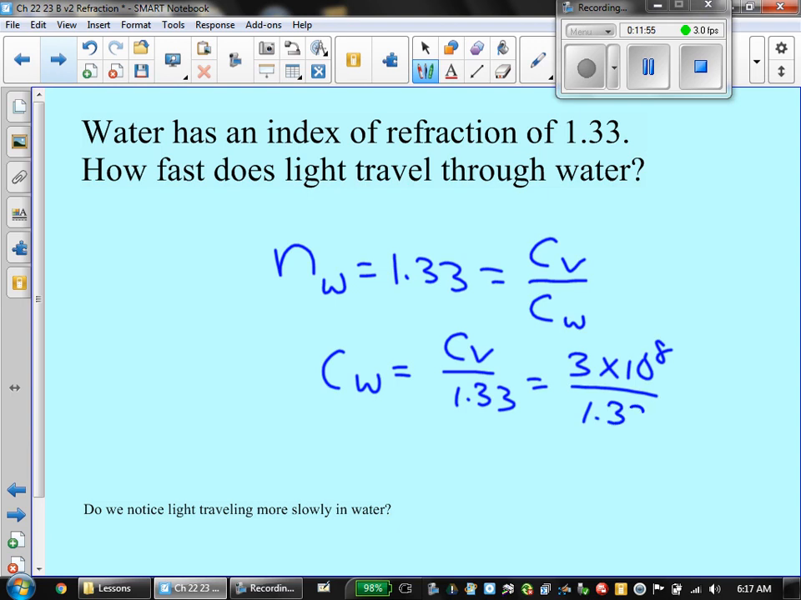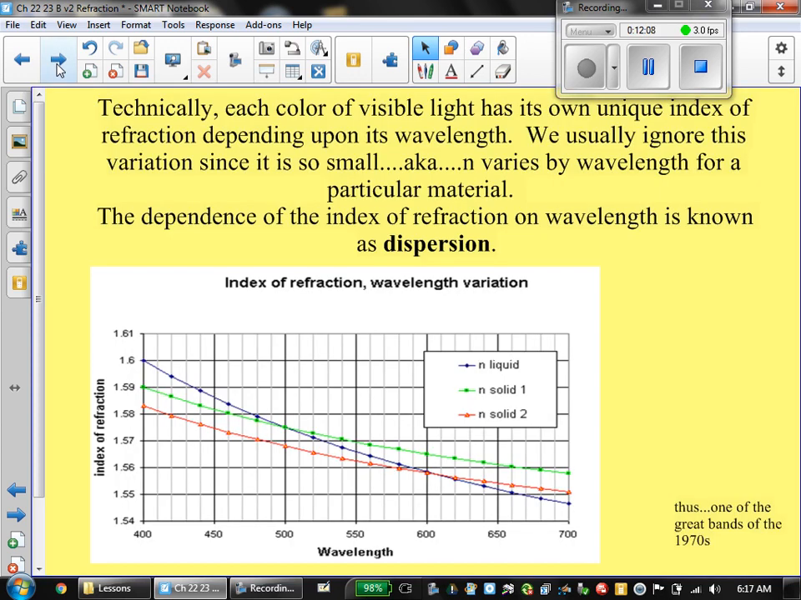So the number we're going to get is always going to be less than the speed of light through vacuum. Okay, so water slows light down a little bit. Now, it turns out, we may discuss this a little bit later, that the index of refraction